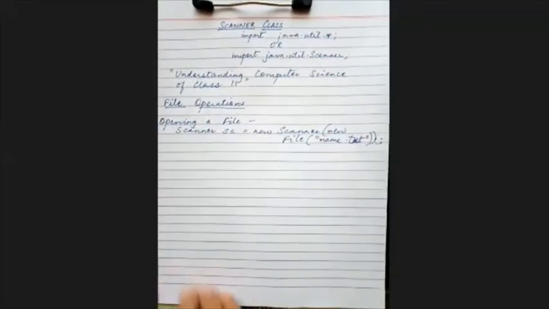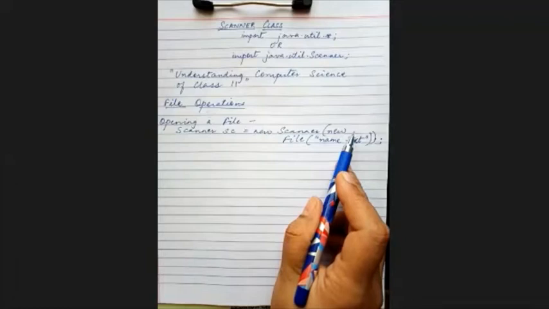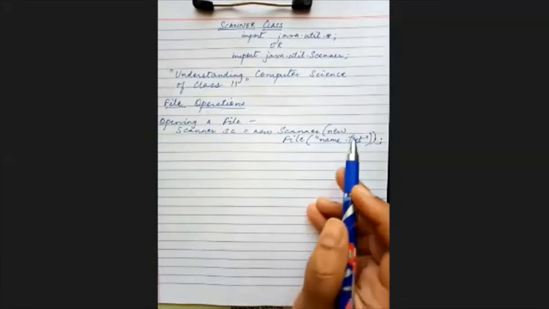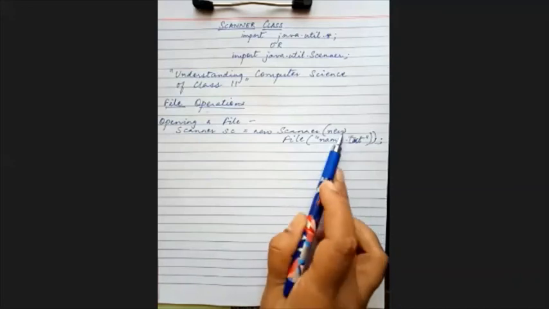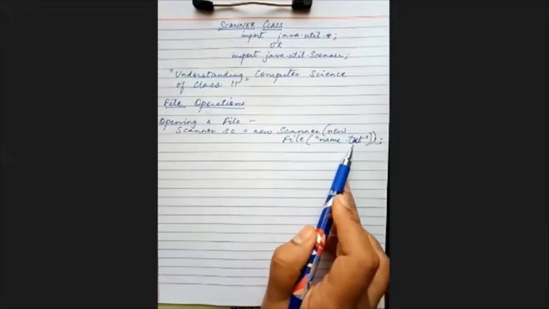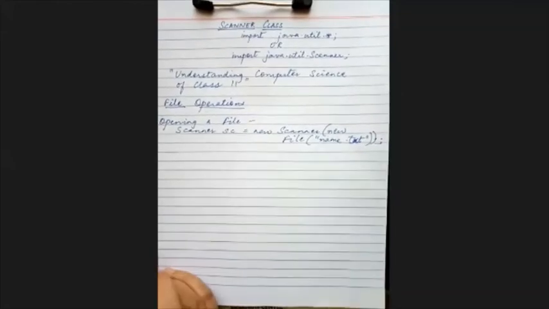See, earlier what we used to write? We used to write scanner sc equals to new scanner, and in brackets we used to write system.in. याद है आपको? System.in क्या करता था? System.in का मतलब है we will be reading from the console. We will be reading data from the console and writing to the console, writing to the screen. Here, instead of system.in, I have written new file and name.txt. This is the name of the file. Now I will be reading and writing data to this file. So instead of system.in, we will be doing this in the scanner constructor. Clear?